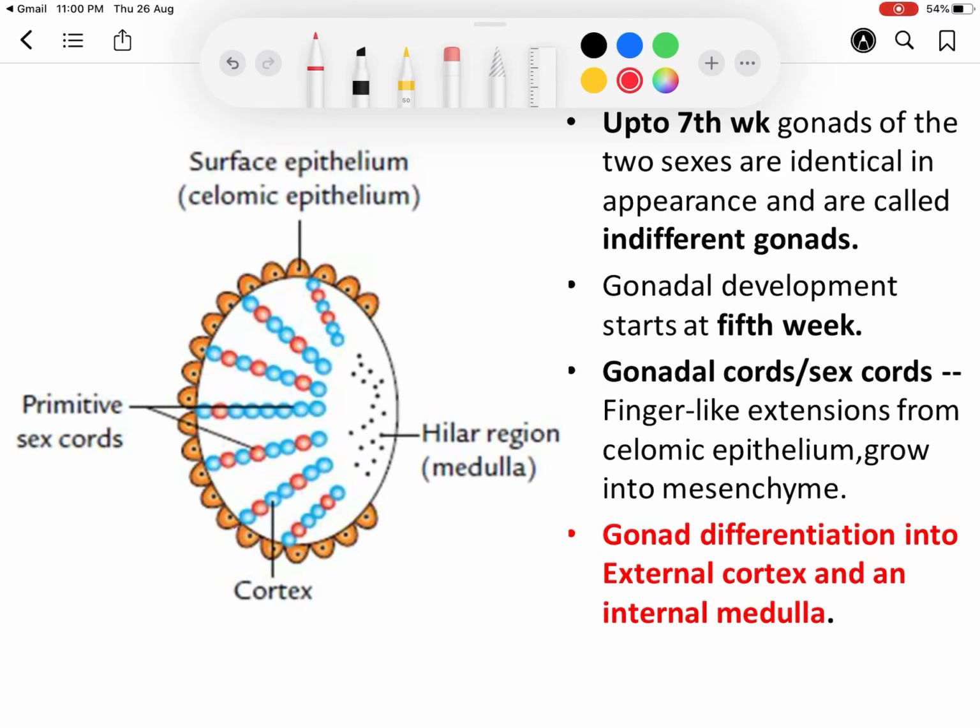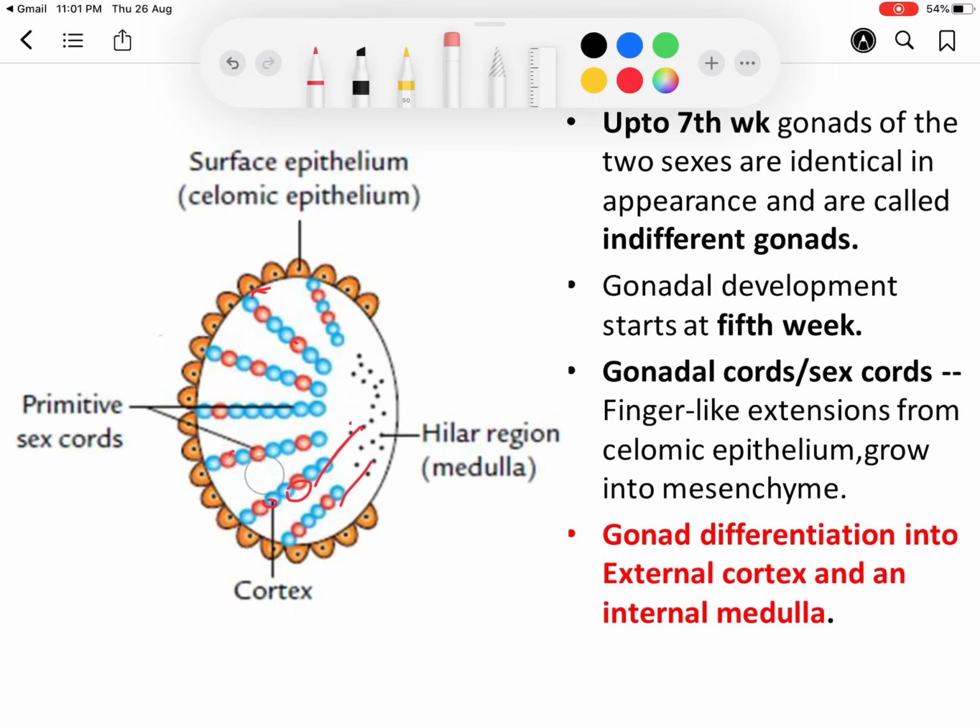The outer part is the cortex and the inner part is called the medulla. Initially the sex cord cells are present in the cortical region, and gradually they grow towards the medulla. The cortical sex cords will degenerate later on, and the medullary sex cords will proliferate. In between these sex cord cells, you can see the primordial germ cells have been